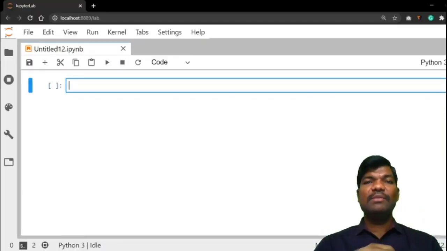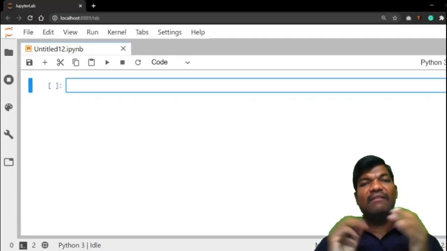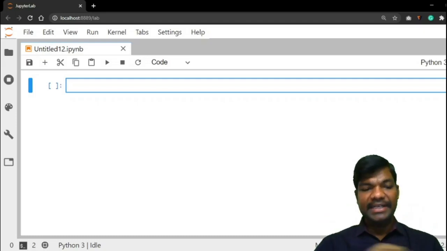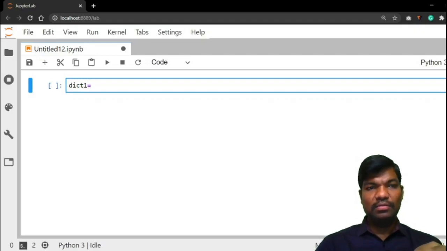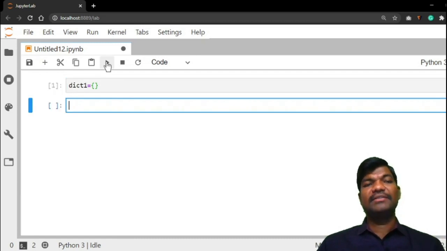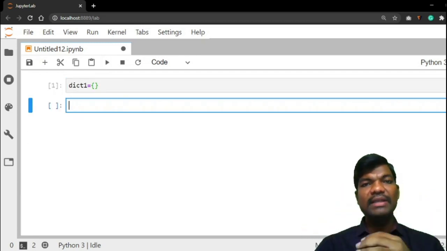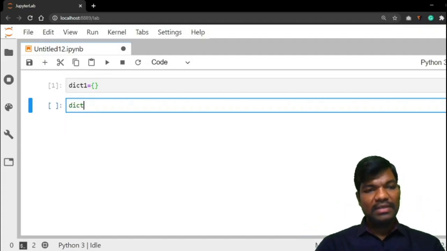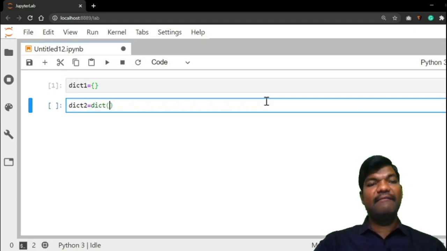Let's check some examples for dictionaries. First, create one empty dictionary. dict1 equal to empty braces. Run it. This is one empty dictionary. Another method is dict2 equal to the dict function.